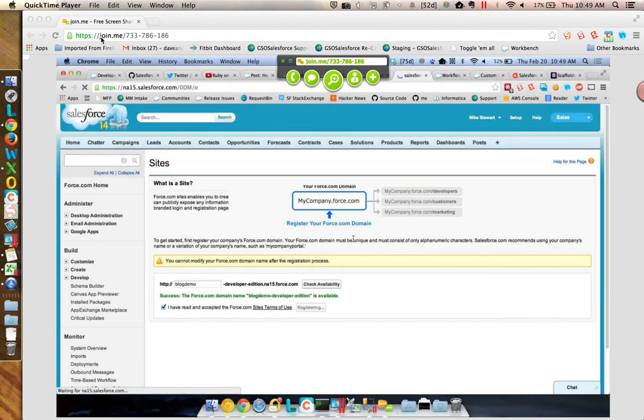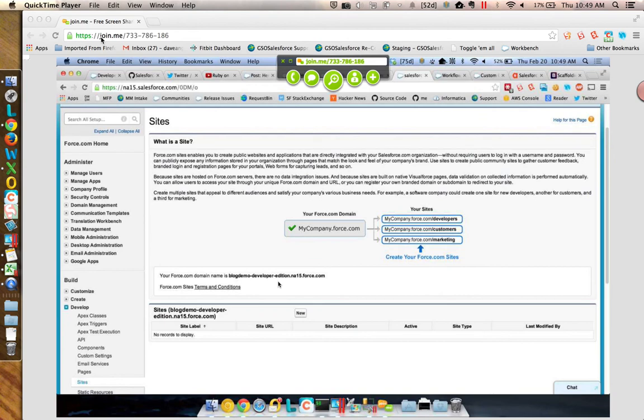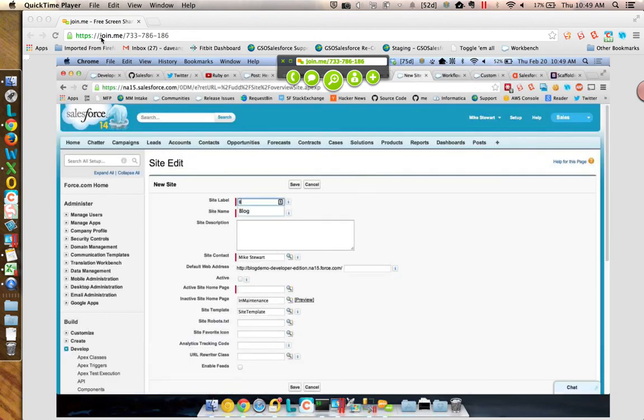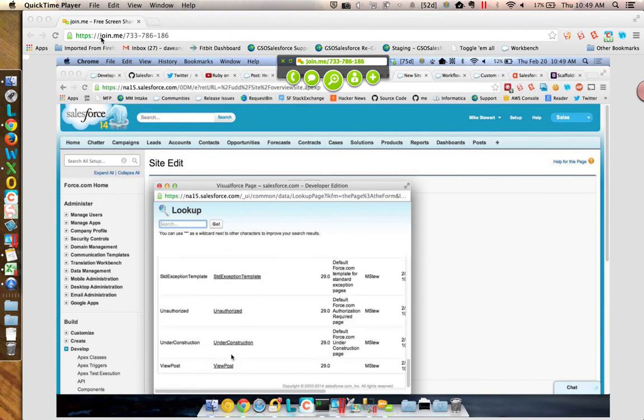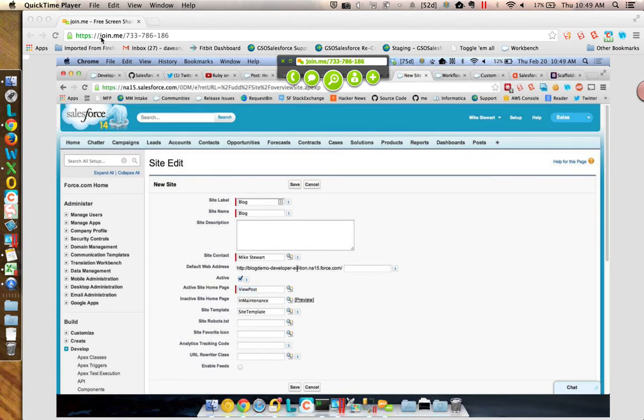Obviously, in production environments, you can have better URLs than this gross-looking URL, but it's what we get in the dev orgs. I'm going to just create a new site. I'm going to set the active home page just to be that Visualforce page that we just created. So we created view post, and just like that, when you hit this URL, it's going to render that view post page. So once this gets created,